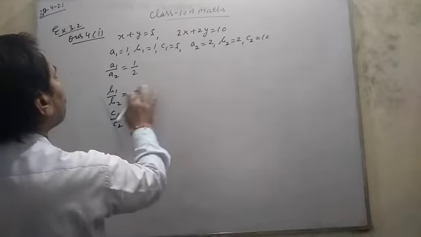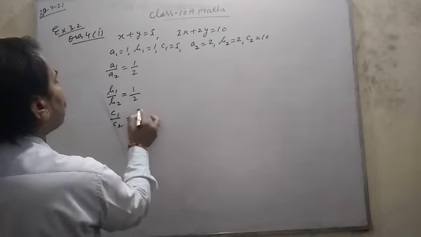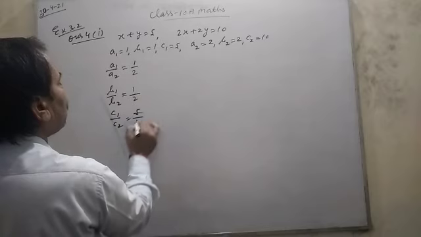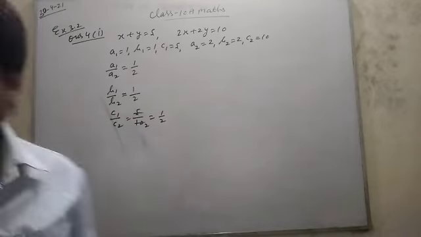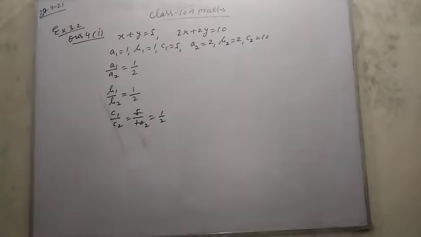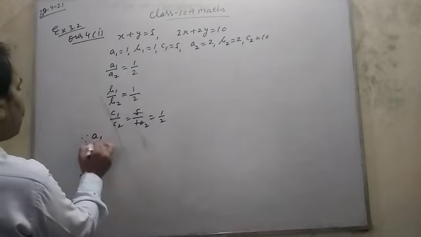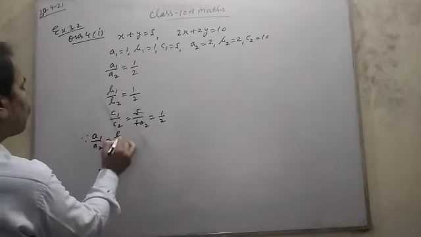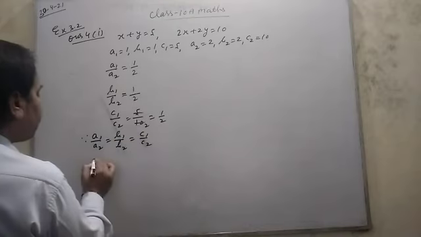And b1 is 1 and b2 is 2, c1 is 5 and c2 is 10. So this also will be 1 upon 2. Means all three ratios are coming equal. So write it: since a1 upon a2 is equal to b1 upon b2 is equal to c1 upon c2,